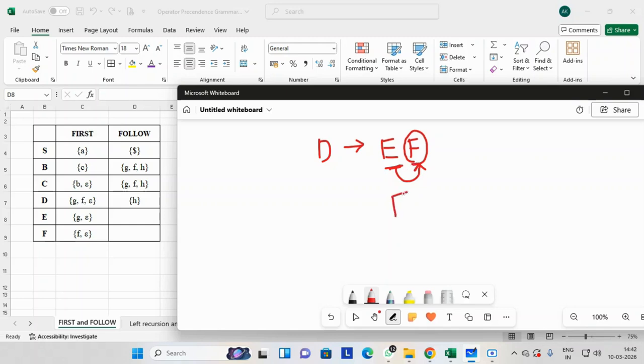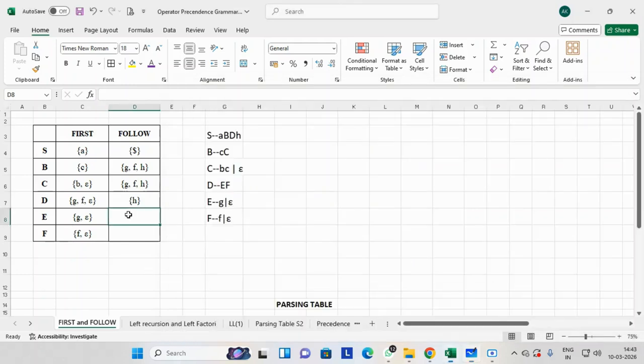Hence, F will be replaced by its first. The first of F is f, and the first of F is epsilon. Thus, E is followed by f, and